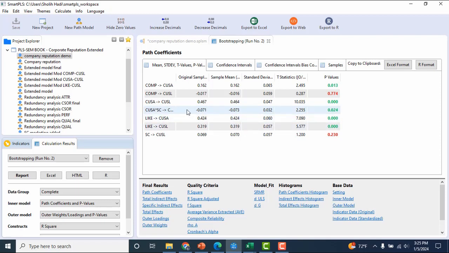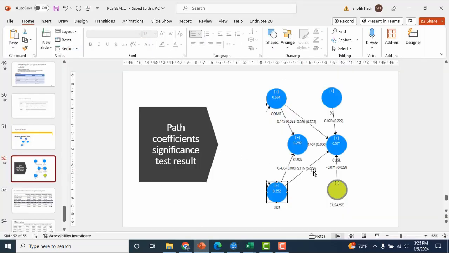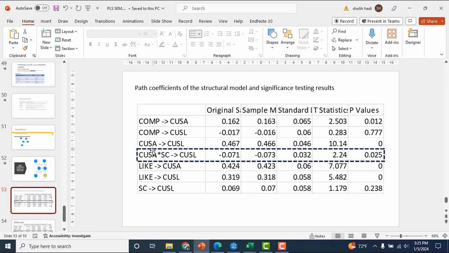That's why we can conclude that the switching cost can moderate the relationship between CUSA and customer loyalty. I already copied this one here.